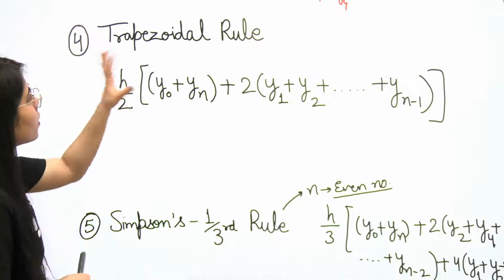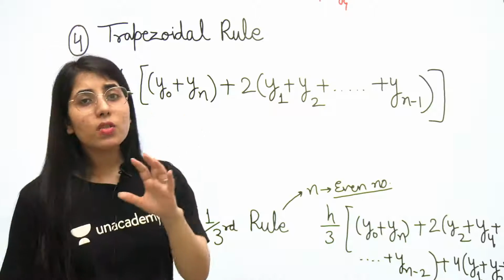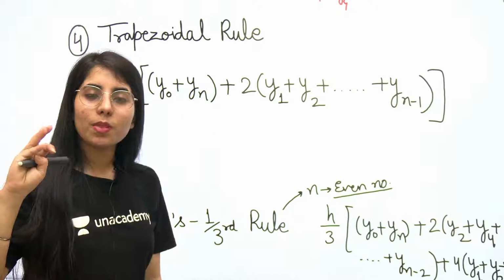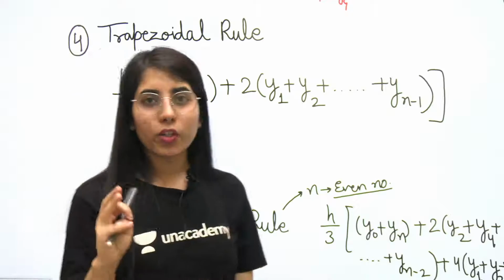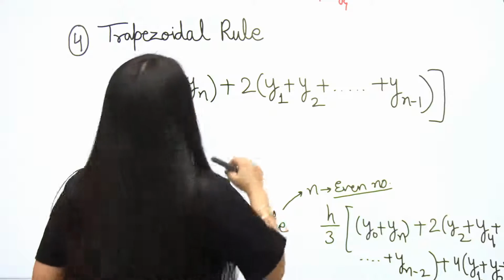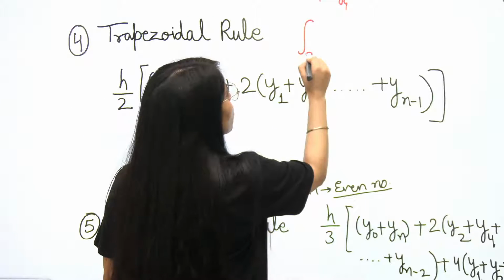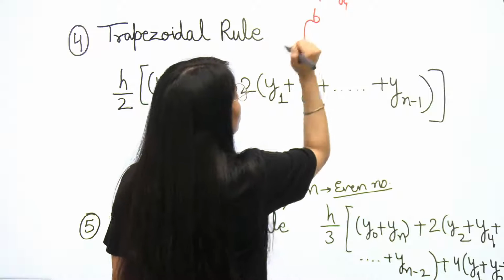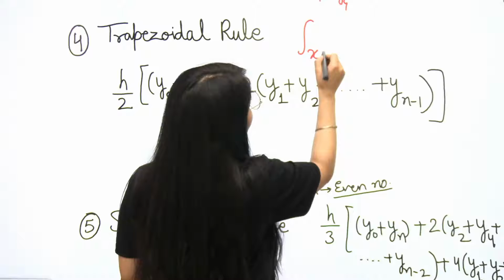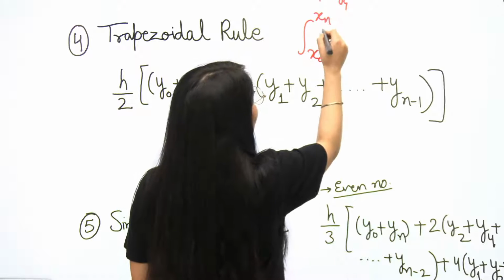About the next one, trapezoidal rule. So guys, basically in any such question, the trapezoidal rule, Simpson's 1/3 rule, and Simpson's 3/8 rule are going to help us solve the integration. So for example, if I talk about an integration question given in this form, a to b, or you can take the limits x0 to xn as the lower and upper limit, clear, f(x) dx.